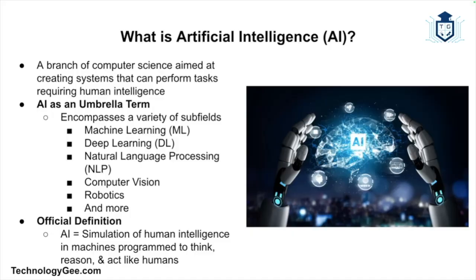So what is the official definition? Well, AI is the simulation of human intelligence in machines that are programmed to think like humans and mimic their actions. But let's keep it real. AI is not about creating robots that'll take over the world, at least not yet. It's about teaching machines to do things like understand spoken or written language, like your voice assistants or chatbots, recognizing images or faces, like Facebook tagging suggestions, playing games and beating human beings at the games, and recognizing what show you would binge watch next, like when you go watch Netflix. So in essence, AI is about getting computers to quote unquote act smart.